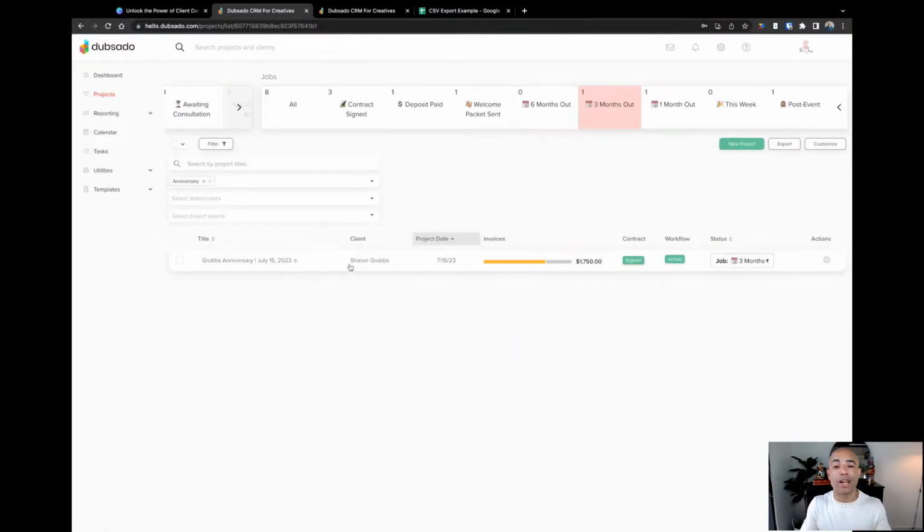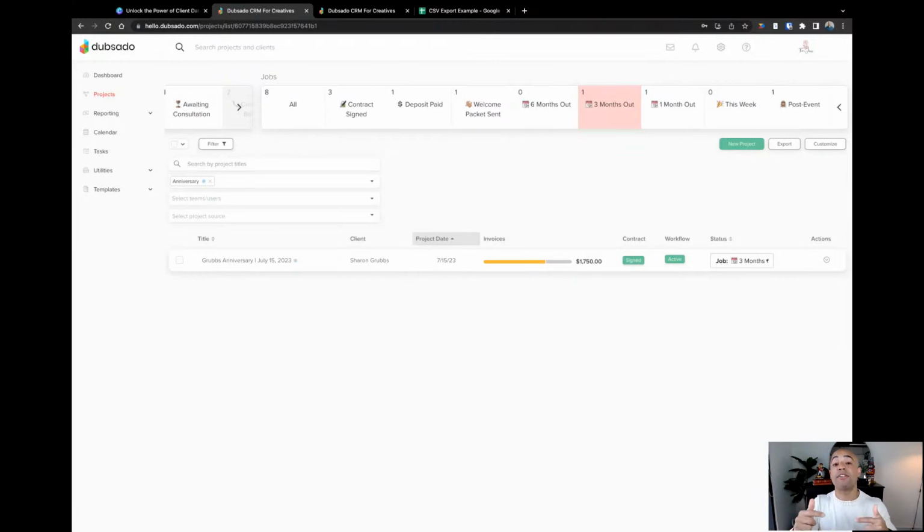So it's the only project, obviously, but you can see here how awesome that would be to be able to say, this week, who are all of these types of clients that I have coming up? And you can really start to combine your statuses and tags to work together to figure out exactly what information you're looking for so you feel organized when you come into this page here.